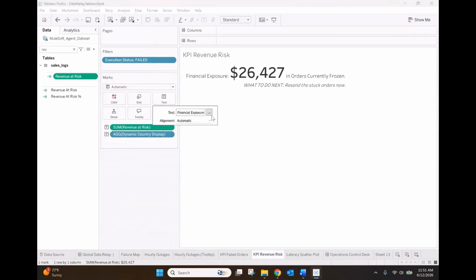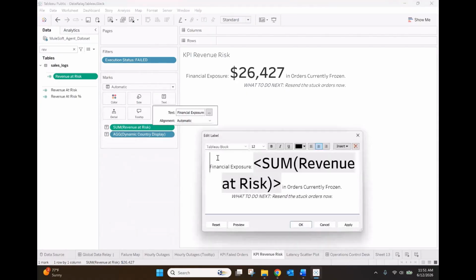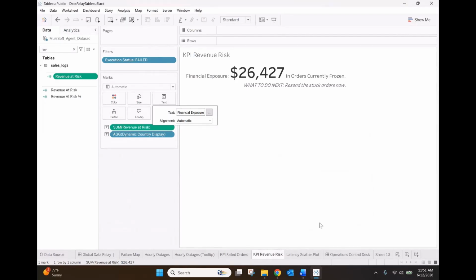And to get the KPI card, go into text again. And then I'm going to wrap the words I want to say around my KPI, my measure, the revenue at risk. I'm going to make that 36, the font, and bold it again. And then I'm going to wrap the rest of it in orders currently frozen. What to do next? Resend the stuck orders now. So if we go to our dashboard